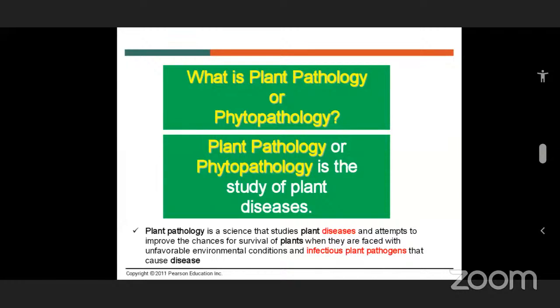and attempts to improve the chances for survival of the plants when they are faced with some unfavorable environmental conditions. You should remember that unfavorable environmental conditions and also infectious plant pathogens that cause the disease. So here the total plant pathology, it is one of the agriculture sciences in our agriculture, and also it studies